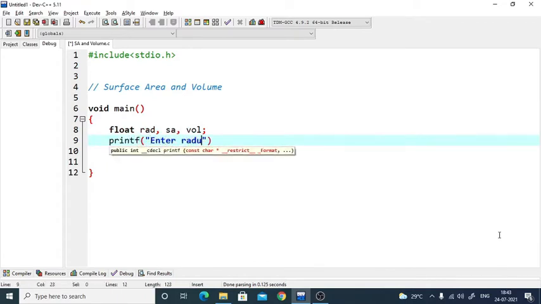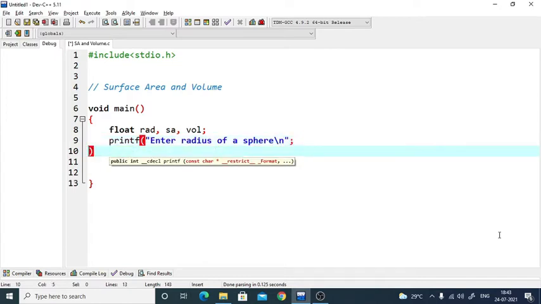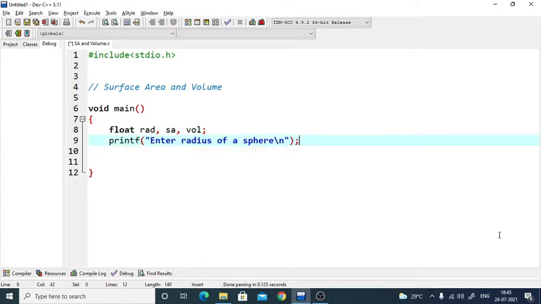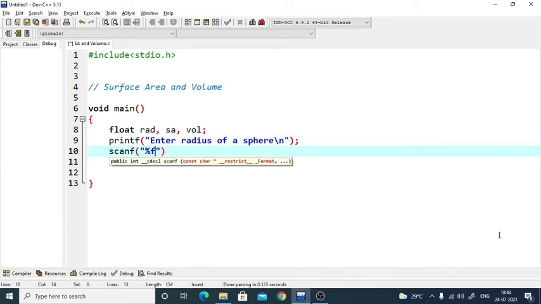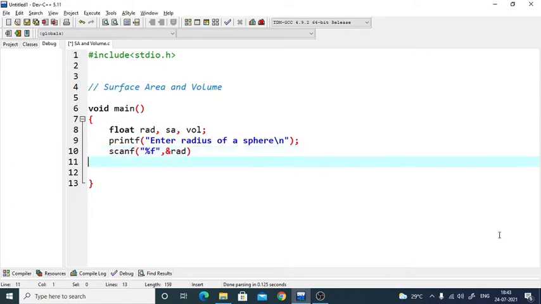So enter radius of a sphere. That will be given by the user as a floating constant. We have kept the variable as rad. Okay, so input is taken. We have radius with us as rad.